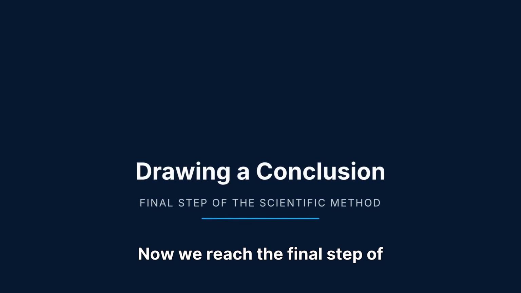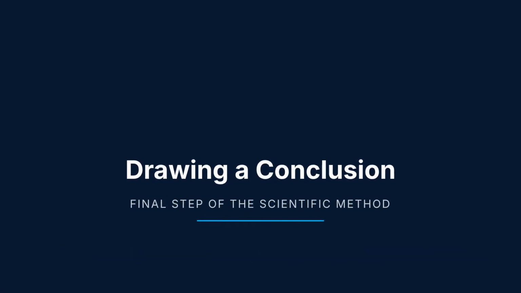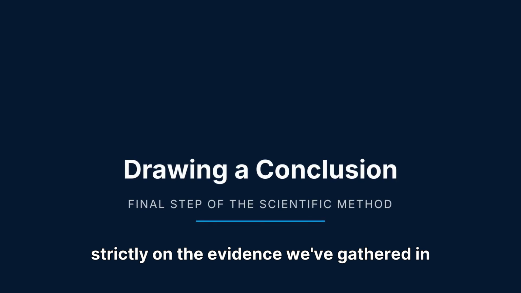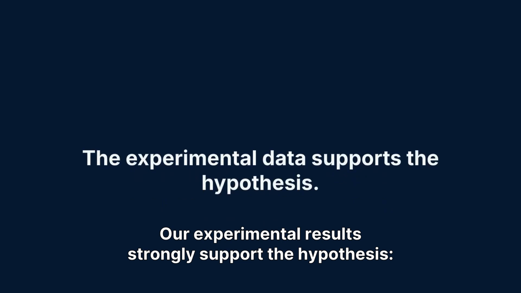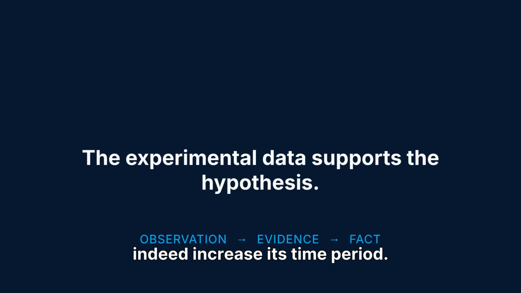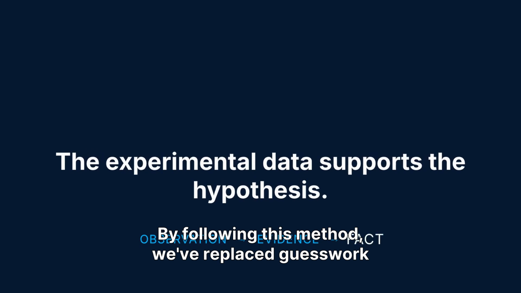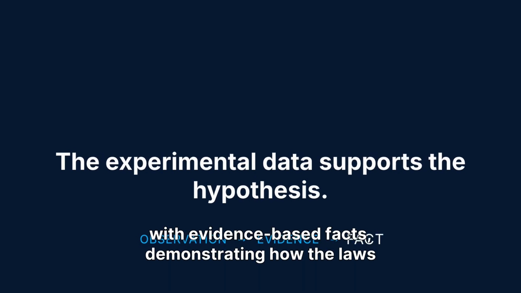Now we reach the final step of the scientific method, drawing a conclusion based strictly on the evidence we've gathered in our experiment. Our experimental results strongly support the hypothesis. Increasing the length of the pendulum does indeed increase its time period. By following this method, we've replaced guesswork with evidence-based facts, demonstrating how the laws of physics can be systematically uncovered